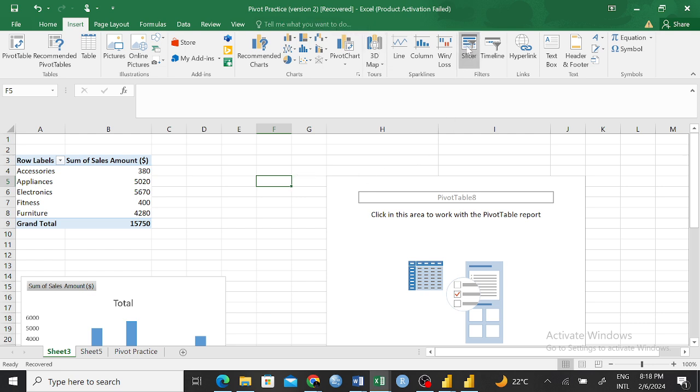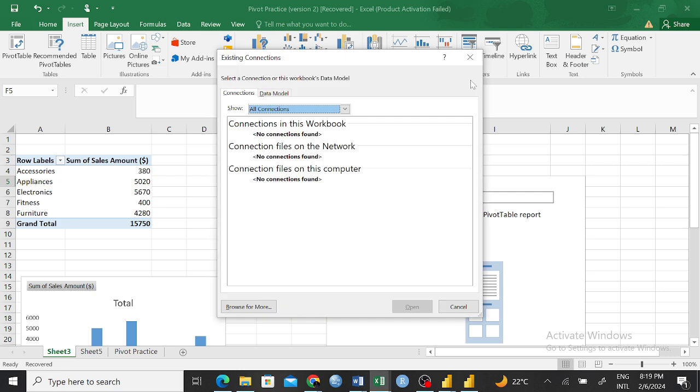Now this is a slicer here. So use a slicer to filter data visually. Slicers make it easier and faster to filter tables, pivot charts, and cube functions. Now let me click on,